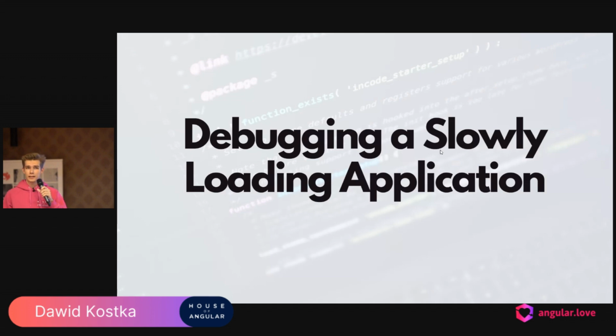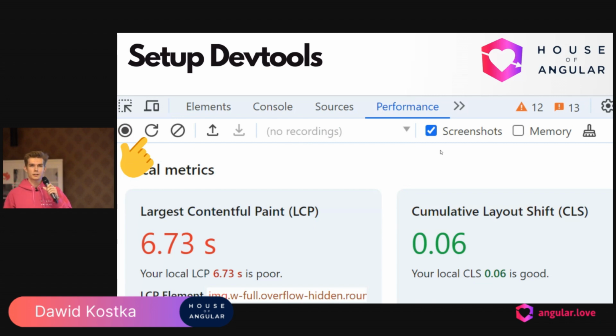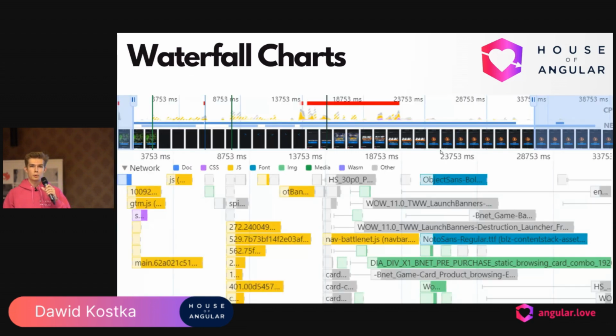So firstly, let's think about what makes our applications load fast. In my opinion, before optimizing anything in our apps, we should firstly understand what may go wrong. To mimic poor network conditions, you have to firstly set up your DevTools correctly. Make sure that you go to the network tab, disable the cache, and enable the 3G throttling. After you do it, go to the performance tab and click that magic refresh button. After around 20 to 60 seconds, you should be able to see a waterfall chart describing how your application has